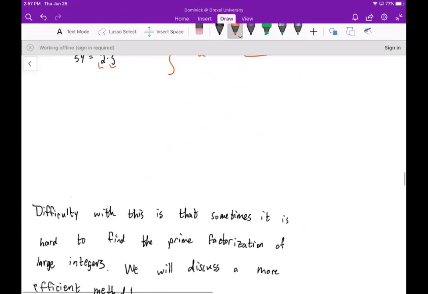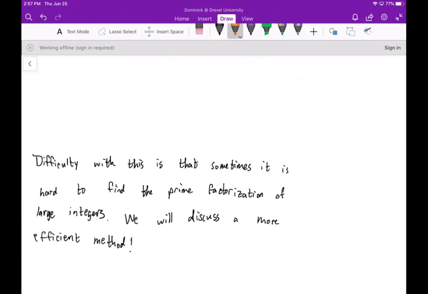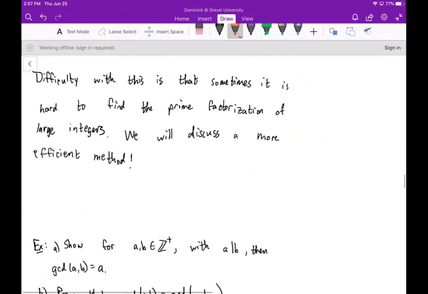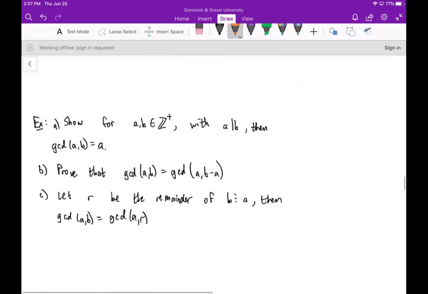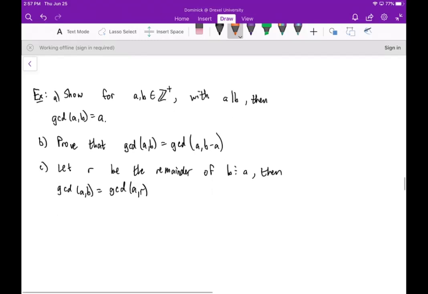Okay, now the difficulty with this is that sometimes it's hard to find the prime factorization of large integers. And of course, we're going to discuss a more efficient method, which is the Euclidean algorithm. All right, but before we do that, we're going to do a couple of examples that's going to allow us to use the Euclidean algorithm, with reason. Okay, so now for part A, we want to show that for any positive integers a and b,